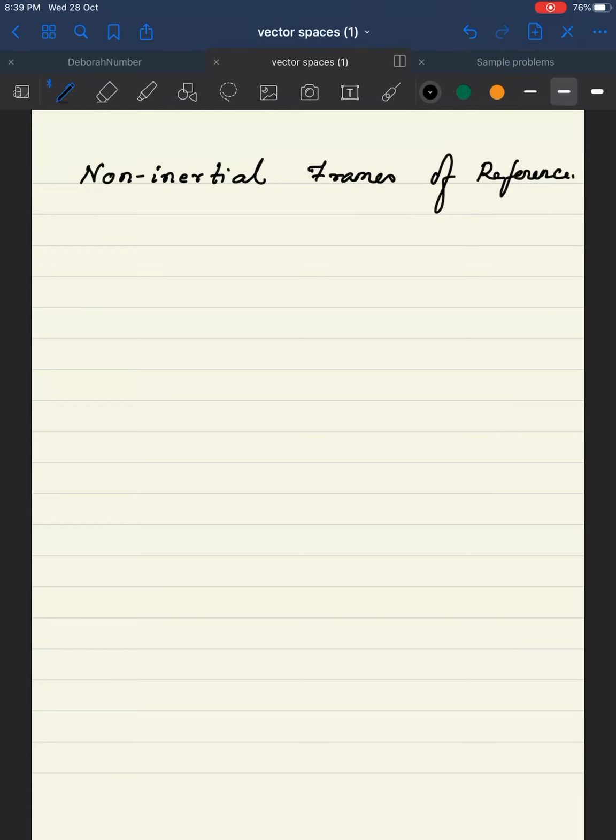So let us say that you have a reference frame which is given as capital X, capital Y, capital Z, and then there is another frame of reference, small x, y, z. Okay. And there is, let's say, a particle of interest, and now this particle can be described in terms of the capital X, Y, Z